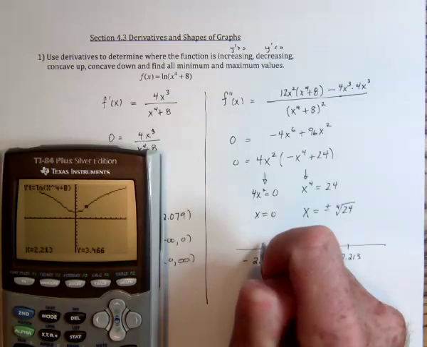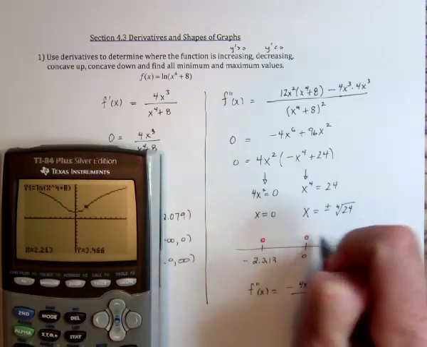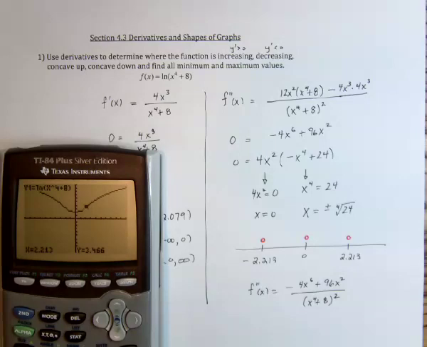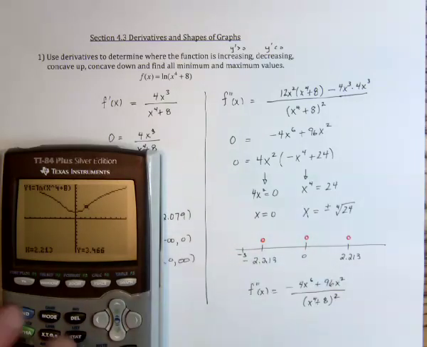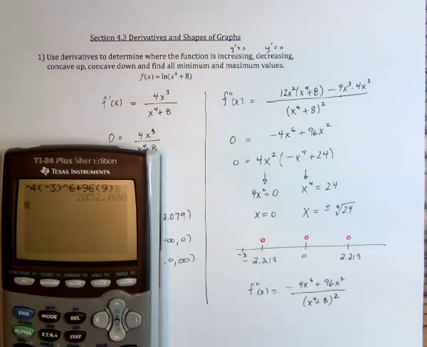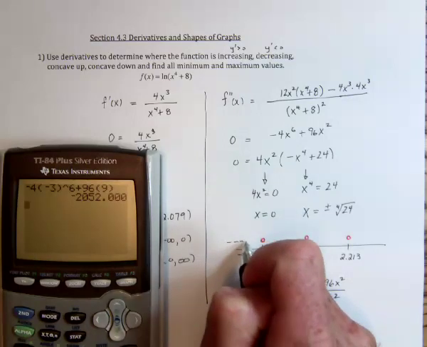So we found out the second derivative equals 0 here, and equals 0 here, and equals 0 here. But what about the regions in between? So we could test, for example, over here, -3, and see is the answer positive or negative. So it's going to be -4, and then a -3 is raised to the 6th, plus a 96, and a -3 squared is 9. So that would be a -2052 divided by a positive number, so that's negative. So it's negative all over here,